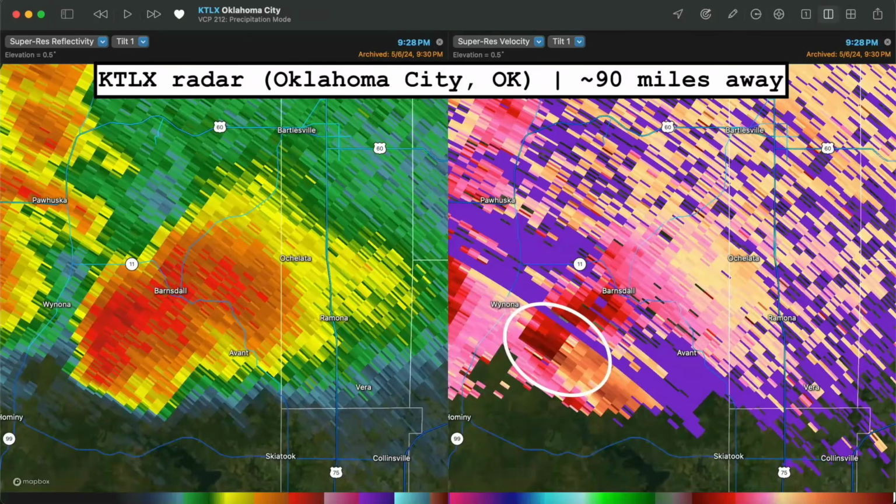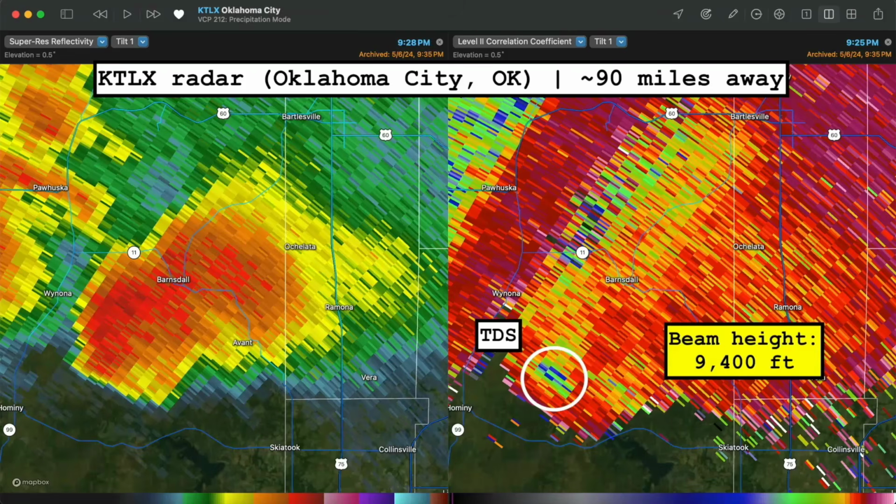In this case, the beam was about 9,400 feet above the surface, so we're only getting a look at the mid-level mesocyclone and are unable to make any clear determinations about any tornadic activity from just the reflectivity and velocity data. Intense tornadoes can loft debris tens of thousands of feet into the atmosphere, so in these situations, correlation coefficient